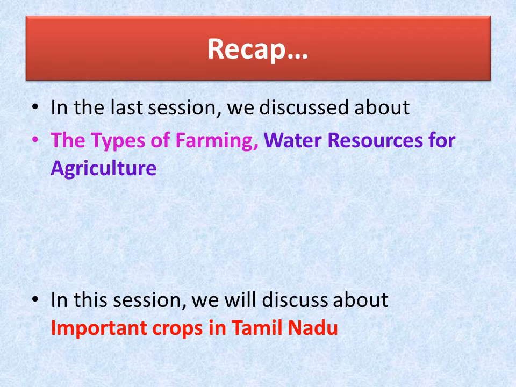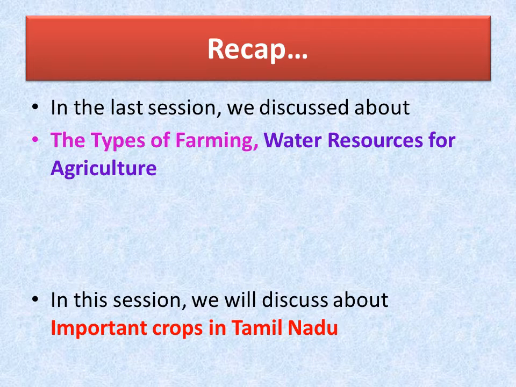We learnt about the different types of farming. Subsistence farming, in which crops are cultivated and used only for own family consumption. Commercial farming, where crops are cultivated for commercial use and sold in markets, and it is done by using modern tools and techniques. Plantation farming is done in an estate where a single cash crop like tea, coffee or rubber is cultivated on a large scale. Mixed farming refers to rearing of animals along with the cultivation. This type of farming is economical.